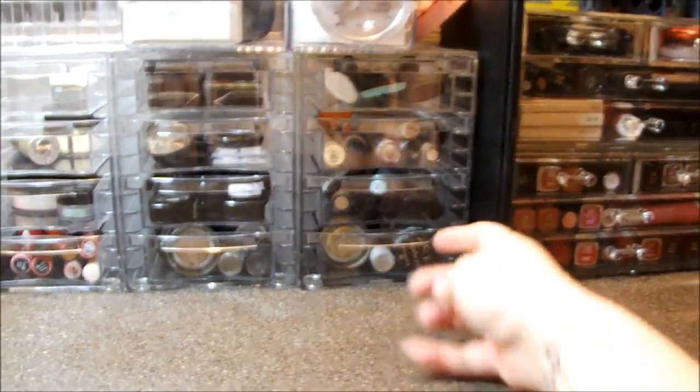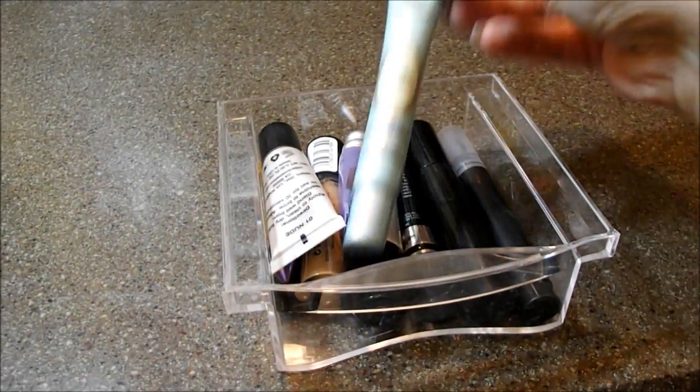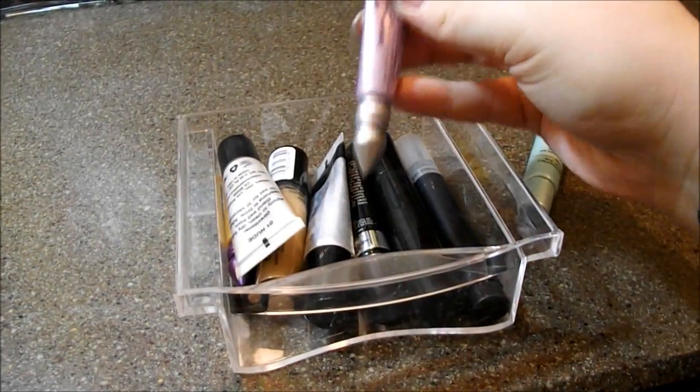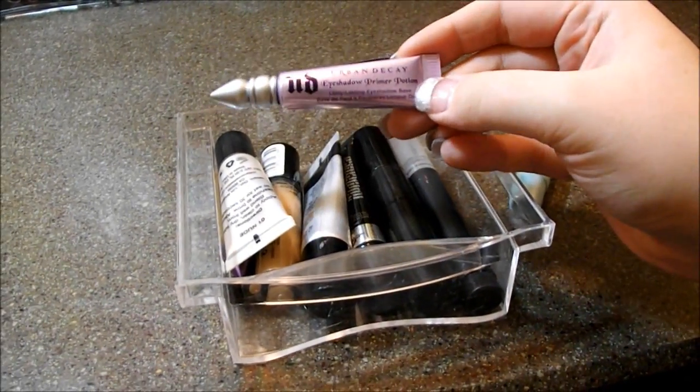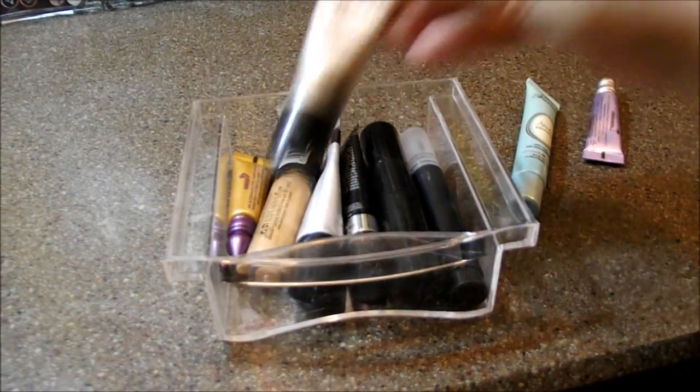Next one down is eye primers. So in here is basically all of my eye primers. So my Too Faced Shadow Insurance, the original Urban Decay Primer Potion, the Milani one, which is phenomenal,